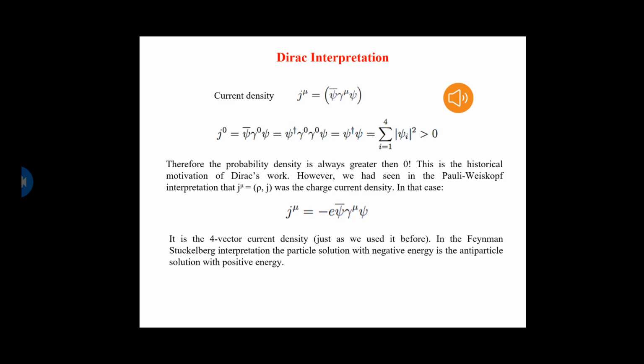Bosonic wave functions are symmetric and fermionic wave functions are antisymmetric. In field theory, the extra minus sign is related to the fact that bosonic field operators follow commutation relations while fermionic field operators follow anti-commutation relations. This was realized by W. Pauli in 1940. In conclusion, fermionic antiparticle current gets an additional minus sign to maintain the Feynman-Stueckelberg interpretation.